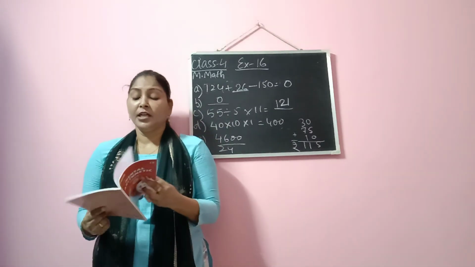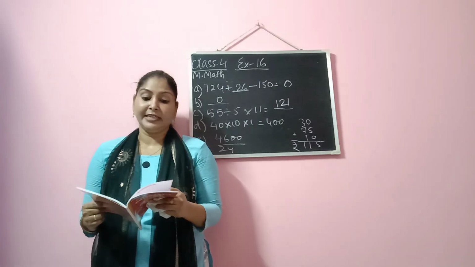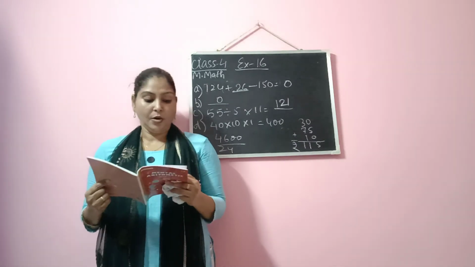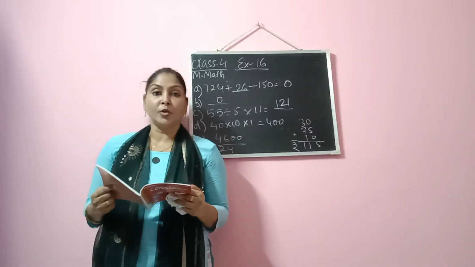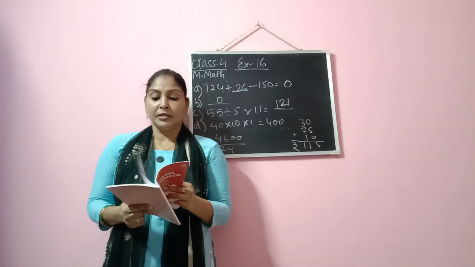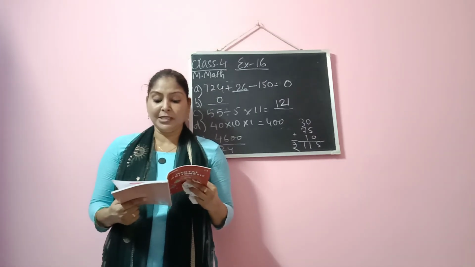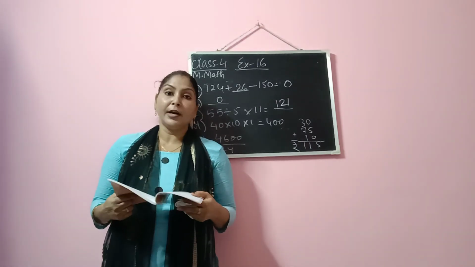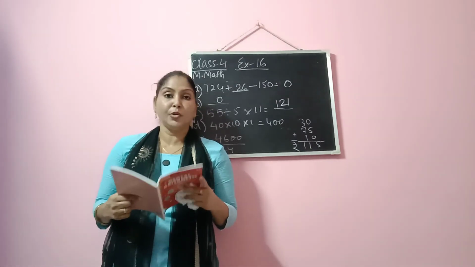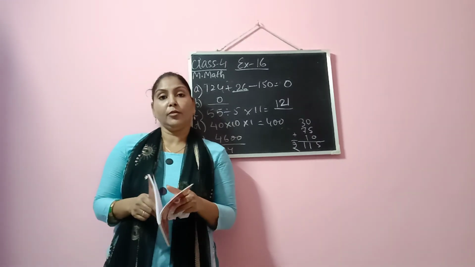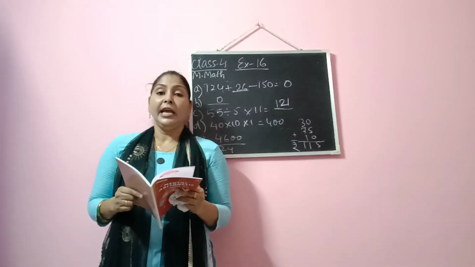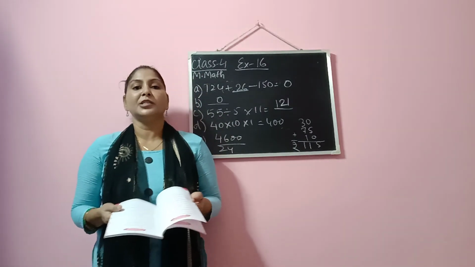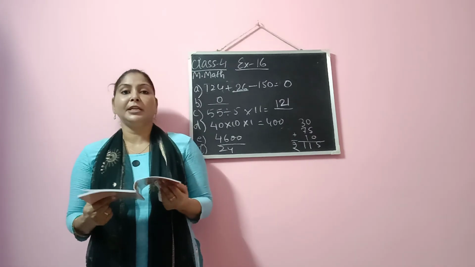So we have completed 2 exercises here, and now you will complete 2 more exercises by yourself. That is exercise number 17 and 18, you will complete by yourself. I need not explain everything here, because certain exercises you must try to do by yourself also, because that will help you understand your difficulty areas. If you have any difficulty in solving the questions, you can ask me in the chat box, or in the comment box. You can also ask me by email.